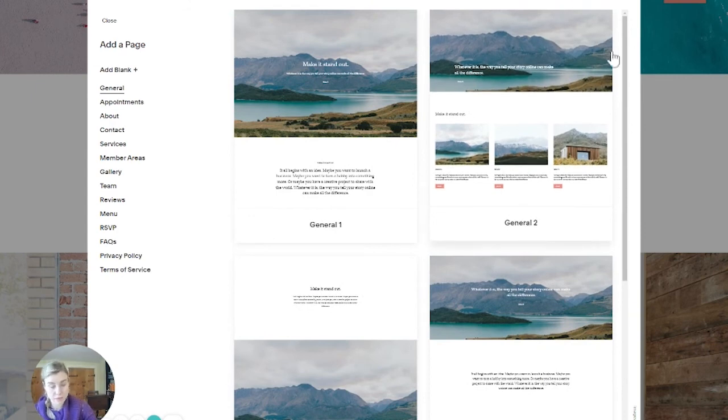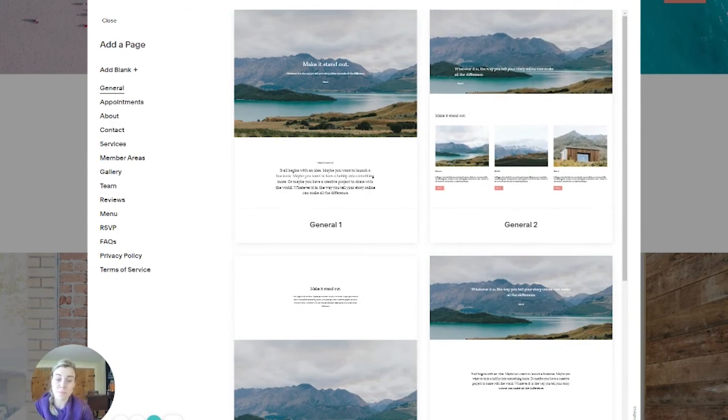So say I know I'm going to have a section where I want to display 3 things. I might choose this page. And then again, we select the page and then go through and use those plus signs to add and modify content. Again, if you want the full shebang, how to customize the colors, the fonts, change the colors and fonts in specific color palette sections, all of that,